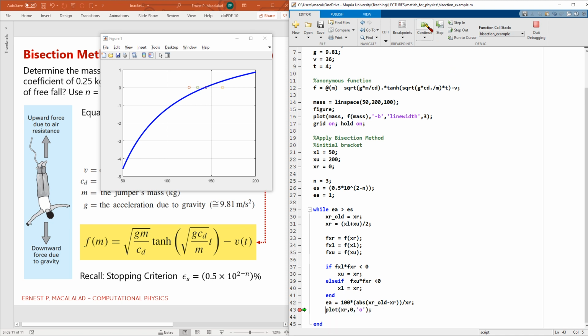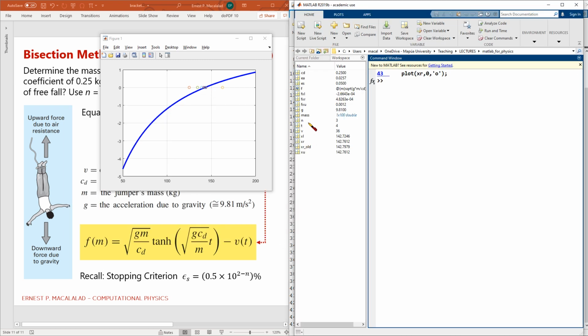EA will be 3%, and then 165, and then 0.82, and then 0.489, until such time that you meet the criteria. So let's remove this one. Let's continue, and it ends already. So the value of EA right now is 0.0257 because our ES is 0.05. And then our XR would be